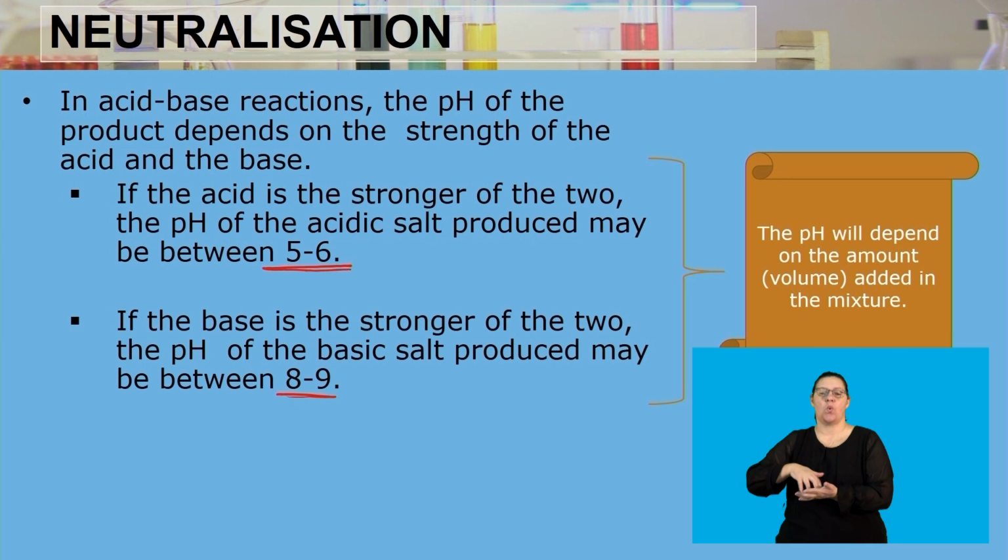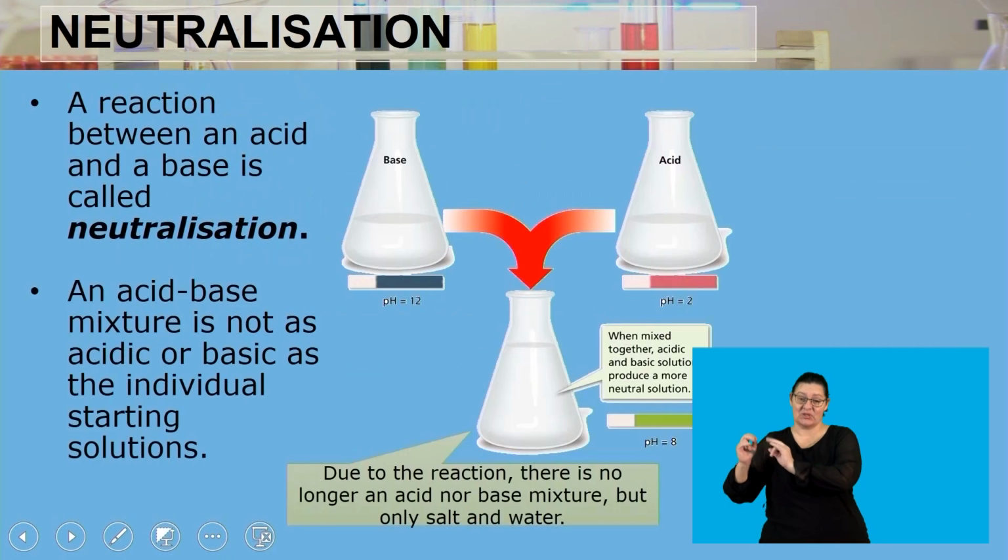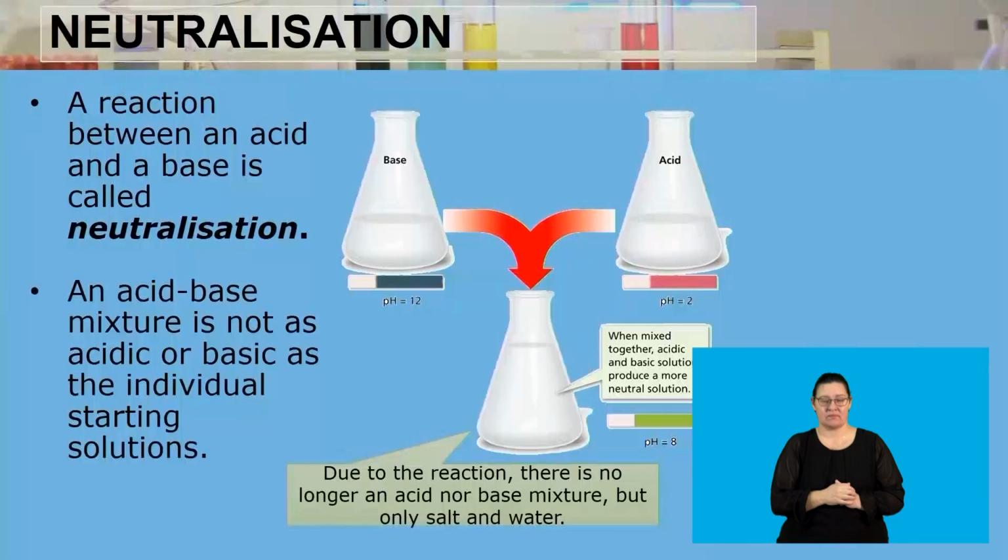but then it's going to be a weak base. However, the further you move away from 7, going to 10, 11, and 12, then we can talk about a substance being a strong base. And the closer we move towards 0, going to, let's say, 2, 1, and probably anything less than 1 but greater than 0, we can then say that substance is a very strong acid. Then,